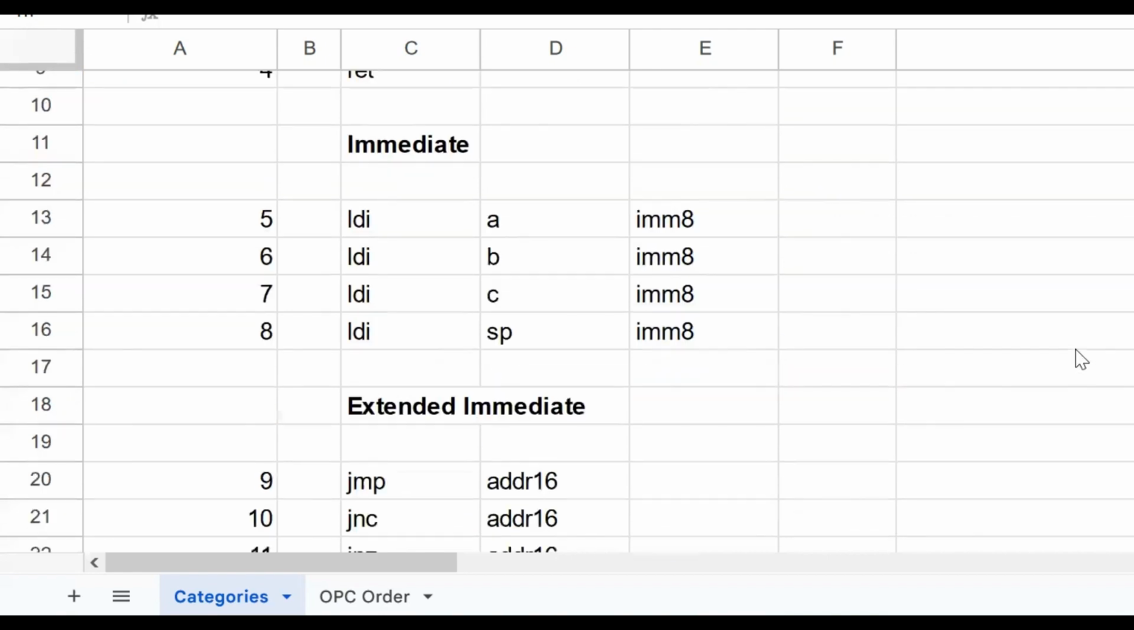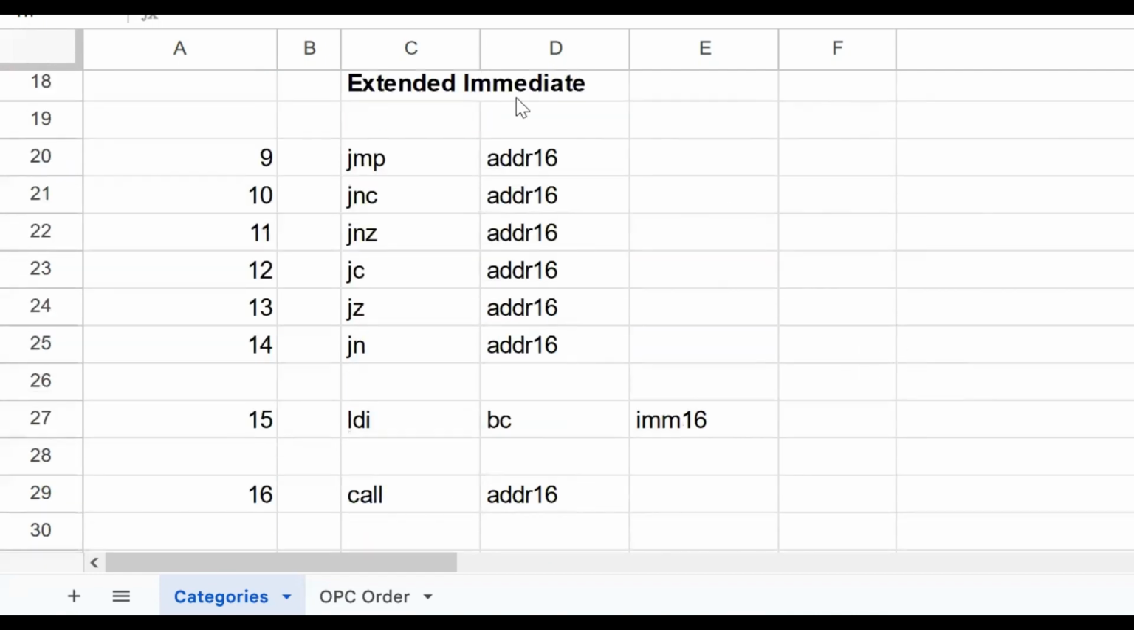Okay, and the next set is the immediate addressing mode, and we're supporting loading immediate for all of our registers, A, B, and C, as well as the stack pointer. We can load immediate values to those registers. We also have extended immediate, right, which are 16-bit instructions. We have jump if no carry, jump if not zero, jump if carry, jump if zero, and also jump